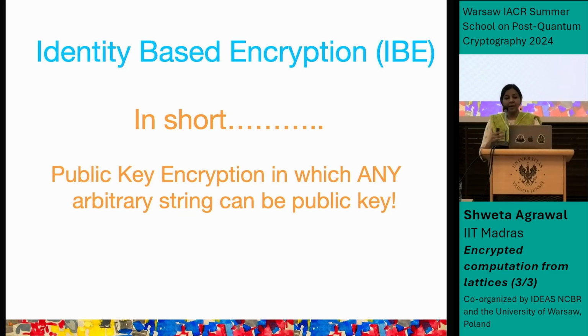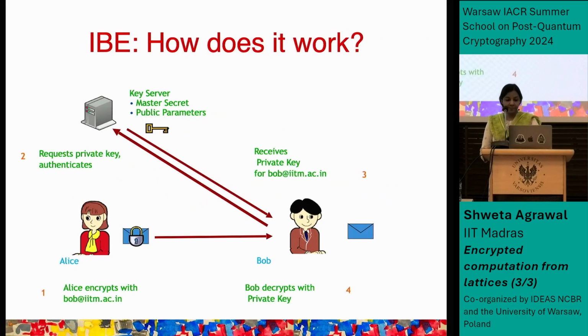And my plan for today is to cover identity-based encryption and a generalization of it, which is called attribute-based encryption. But what we'll do is we'll go slowly. I think it's really important to understand the proof ideas in these constructions, and they tend to take some time. So we'll spend a lot of time on IBE, and then if time permits, we'll also do ABE. That's the plan. As usual, feel free to stop and ask if there are any questions along the way.